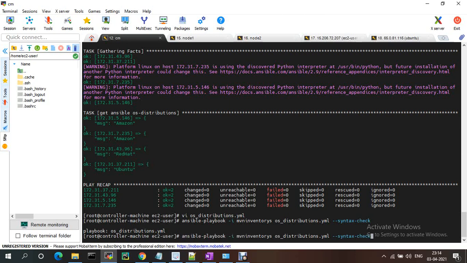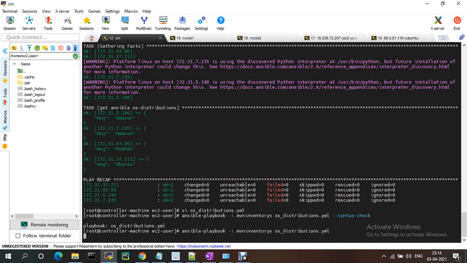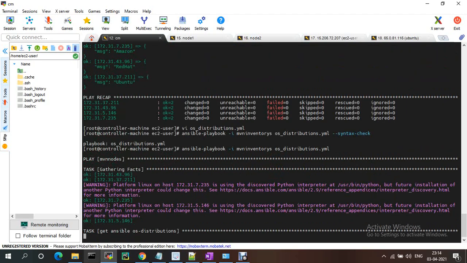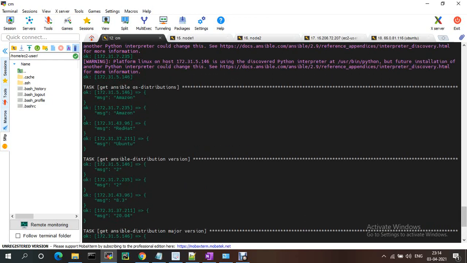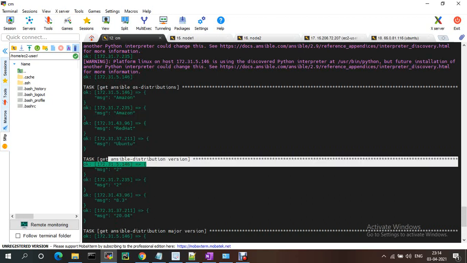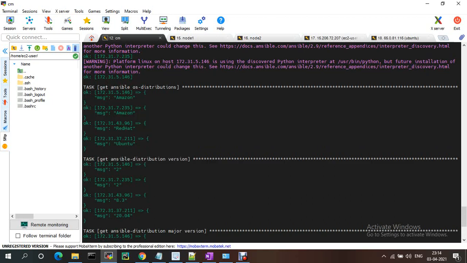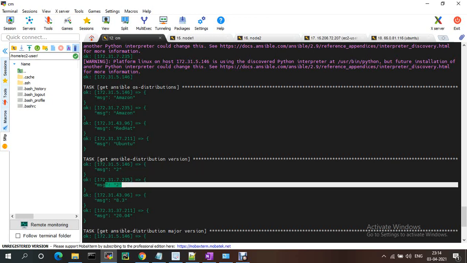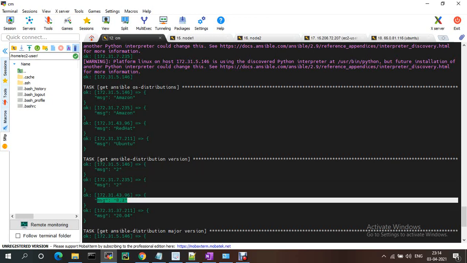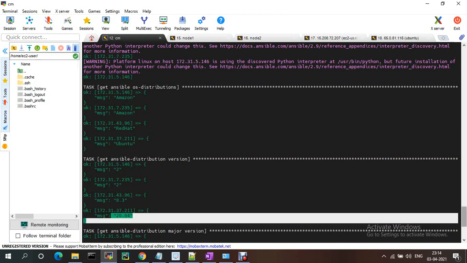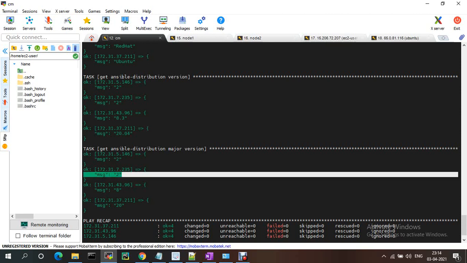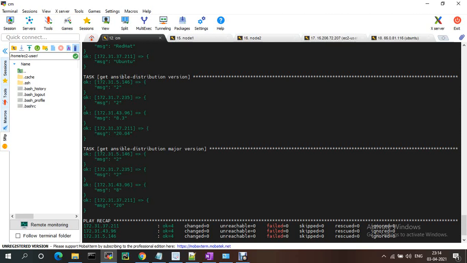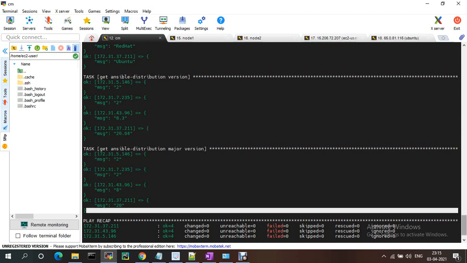This looks good. Running, so it's gathering facts. OS distributions Amazon, version is 2, Amazon 2, RHEL 8.3 and Ubuntu 20.4. The major versions I'm printing are Amazon 2, RHEL 8 and Ubuntu 20. We can get that.